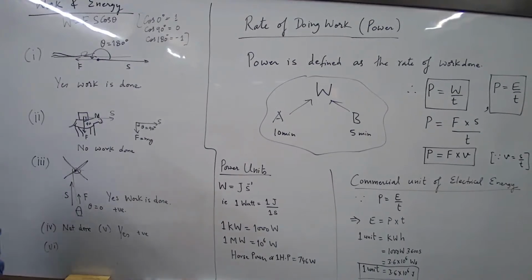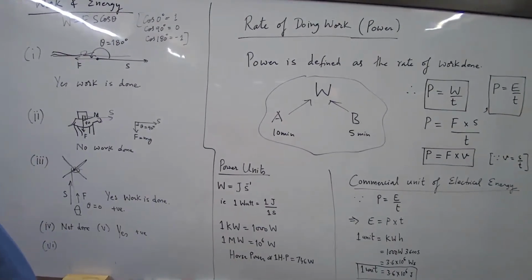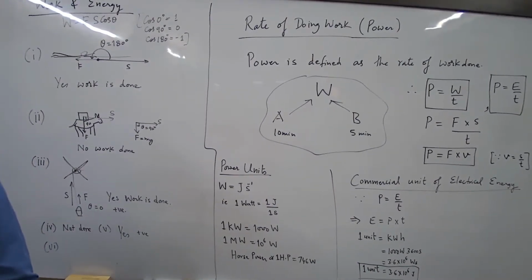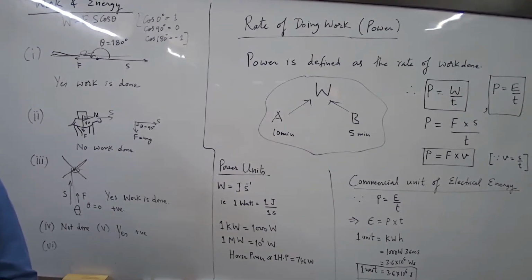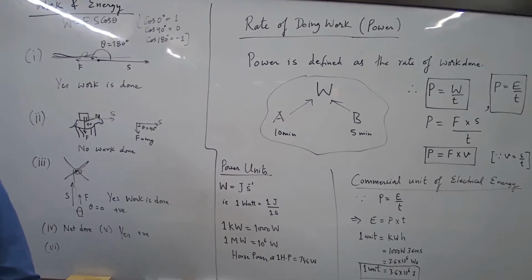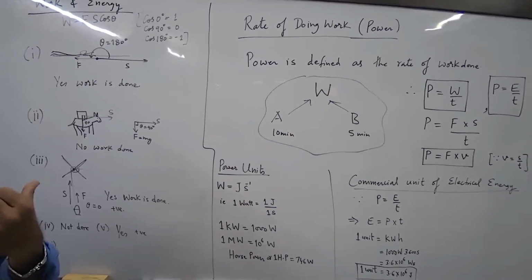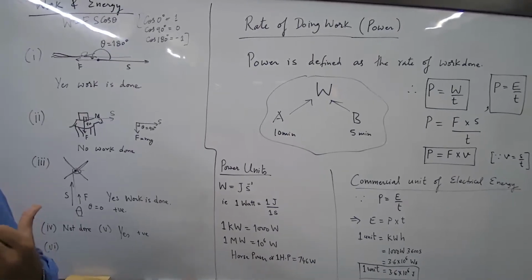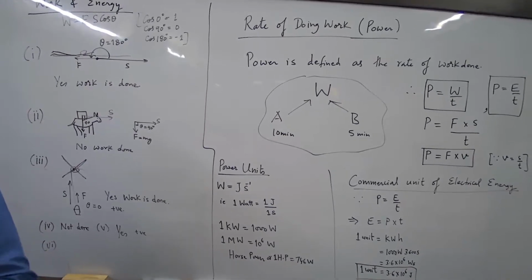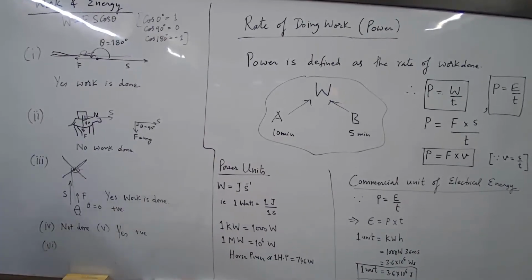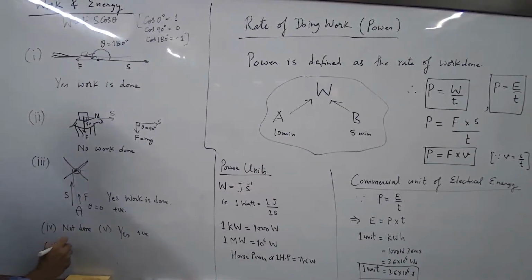So sixth, do we have something else? Food grains are getting dried in the sun. It is losing water, so that is chemical. This entire chapter is about mechanical work. There has to be a force and there has to be a displacement. Where is the force? Where is the displacement? Is work done? Not done. Understood?